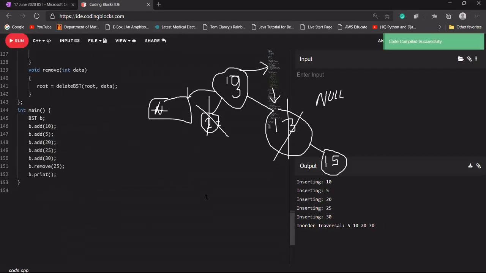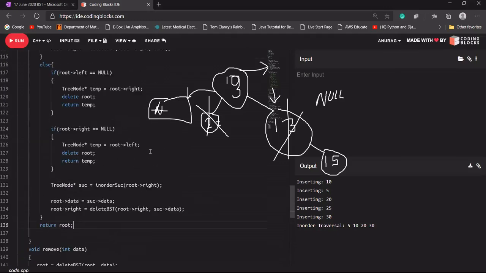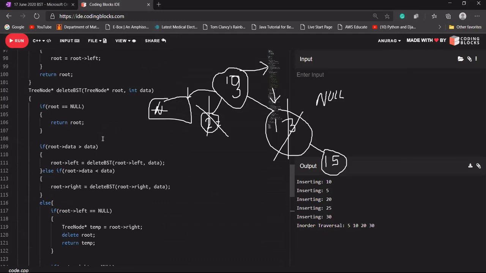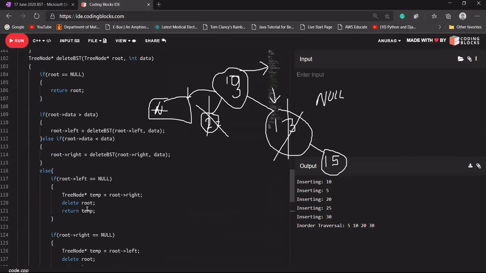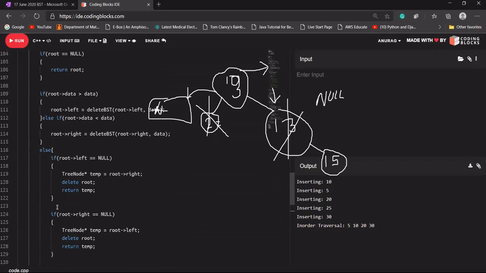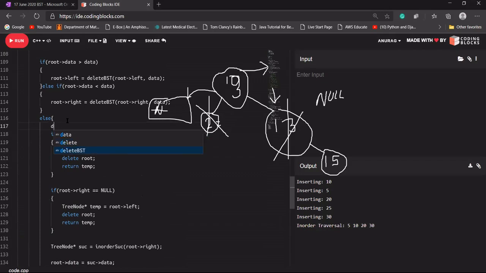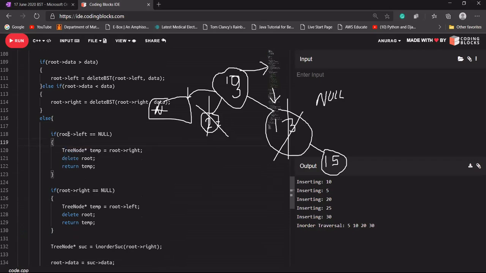Let's see, I'm deleting 25 here. So 25 is being deleted. Let's print a statement here. Let's see where we have to write our statement. I should be writing here in the else part, although I can write here only.